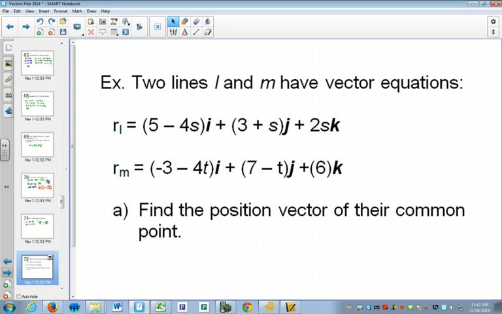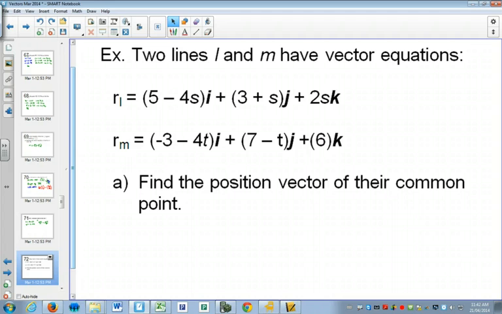So what we're going to do for this question, we're going to start writing it out more in the form that we're used to. Again, this is written sort of like a parametric equation. Can you see that this here would be your x? Because that's what the vector i stands for. And this will be your y, and that's your z. So if I was going to rewrite these lines,